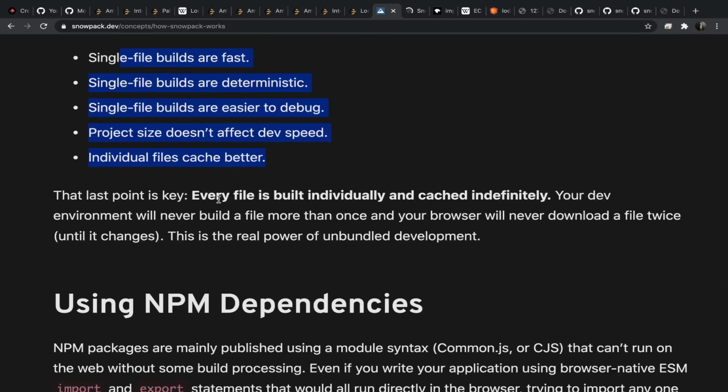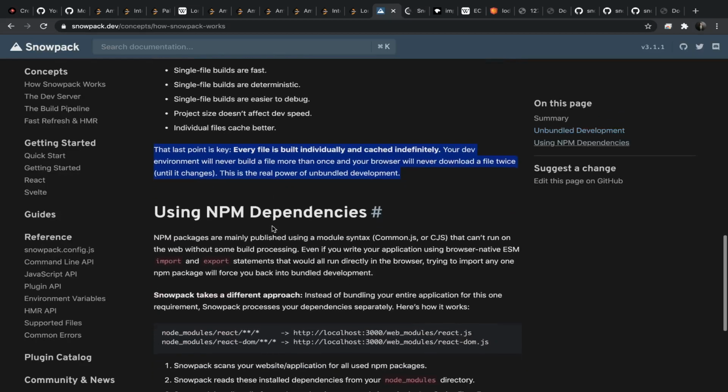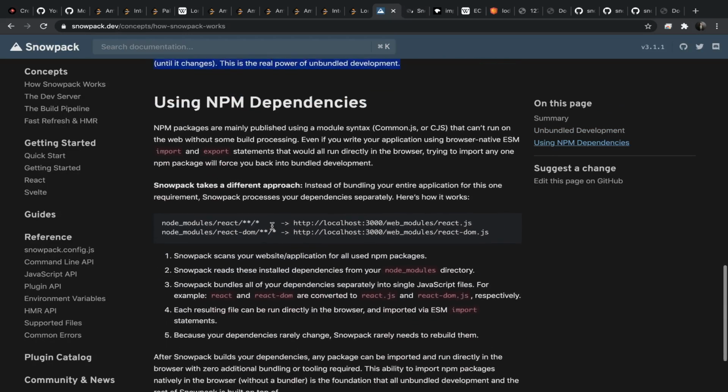And here they are telling you the key point. Every file is built individually and cached indefinitely. Your dev environment will never build a file more than once, of course, until it's changed. And your browser will never download a file twice until it's changed. Okay, nice. This is the real power of unbundled development, and of course this is possible with the development server that Snowpack provides, and I'll show it to you at the end of the video